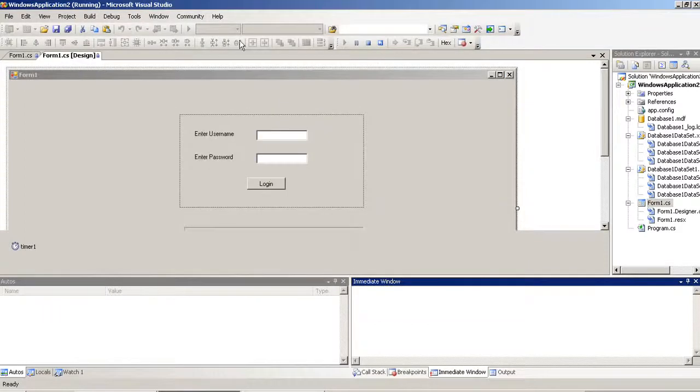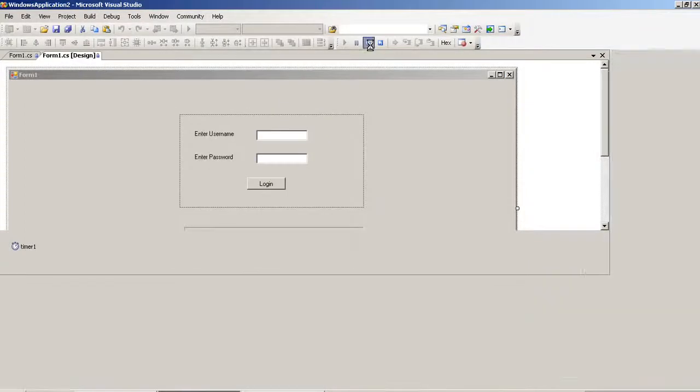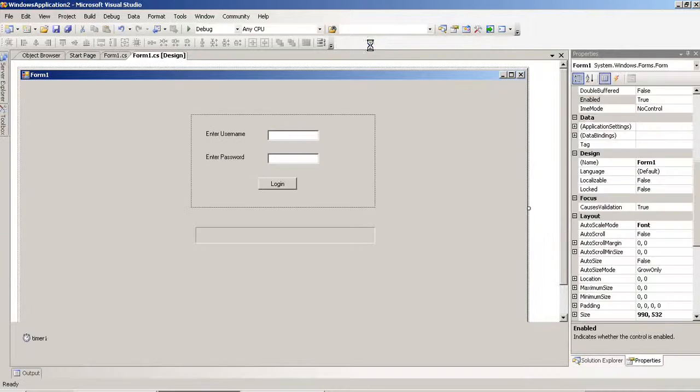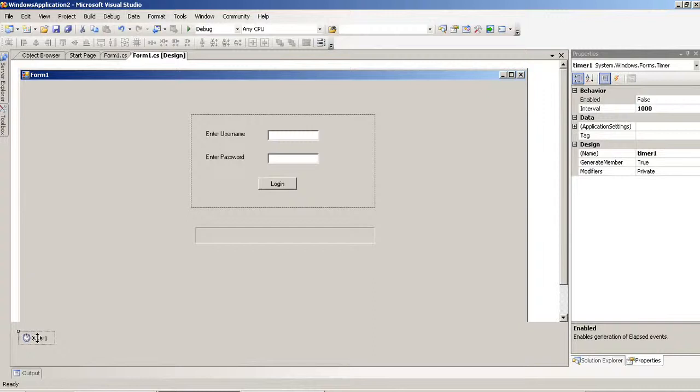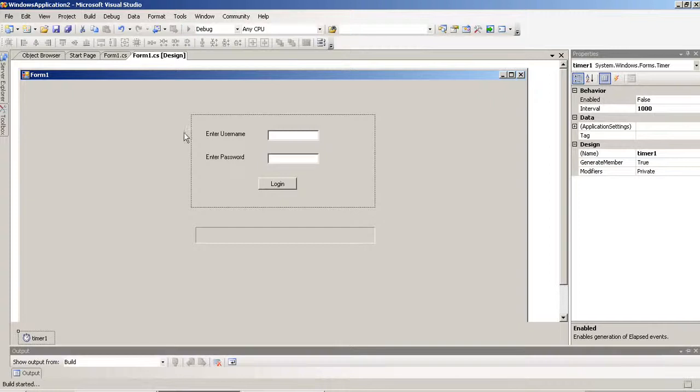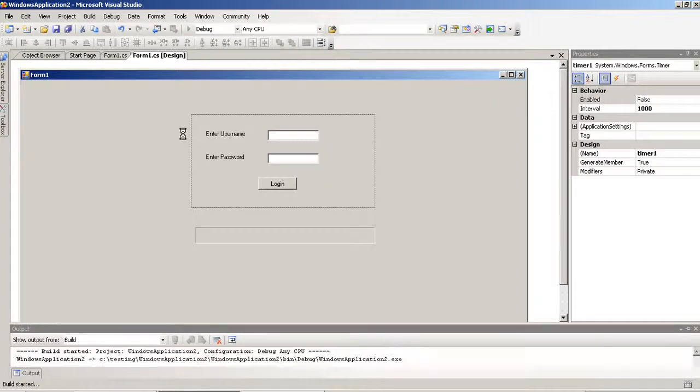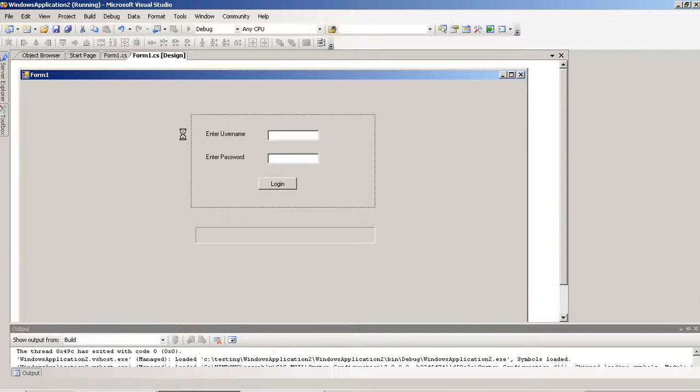We have to wait for the timer time. Okay, now we will check. The interval time is 1000, so it takes the process after 1 second.